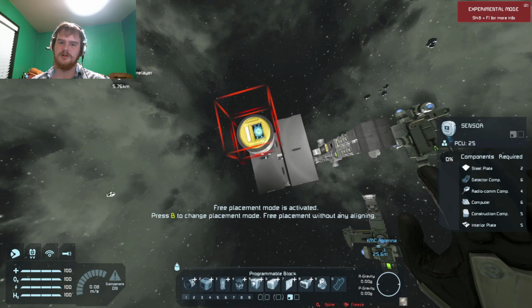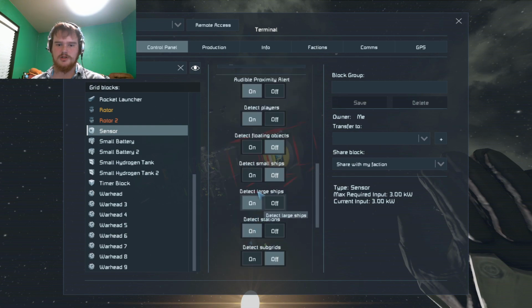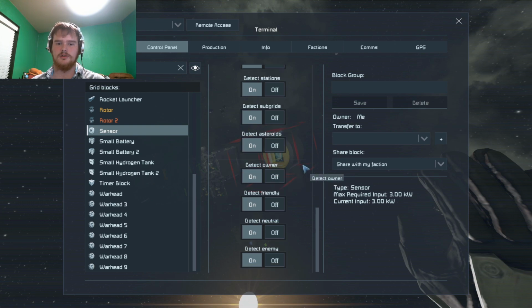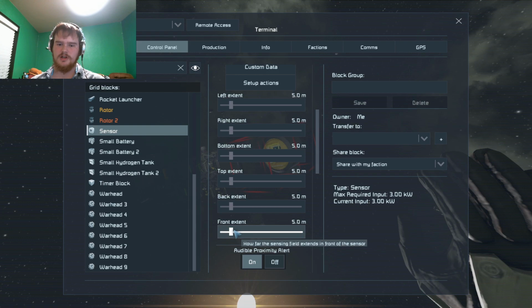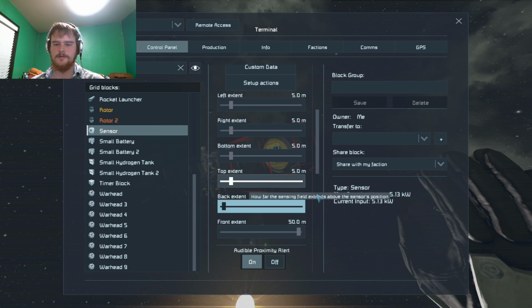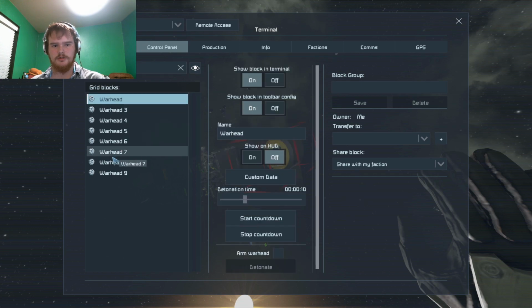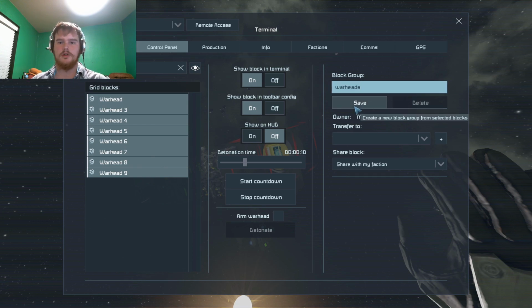You want to get a sensor on the front here, and then take your sensor. You want it to detect stations, large ships, small ships, players, no, subgrids, yes, asteroids, yes, owner, nope, friendly, no, neutral, yeah, we want it to detect neutral and enemy, audible proximity alert, that's fine, front extent, take that all the way up, back extent, none, and that should be good. And then warheads, we grab our warheads, yep,